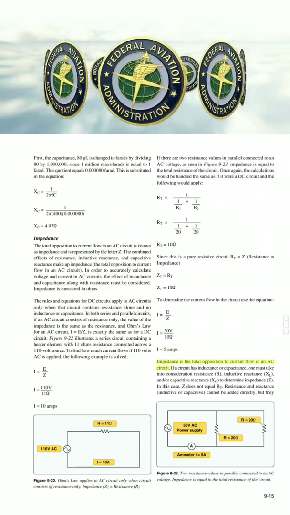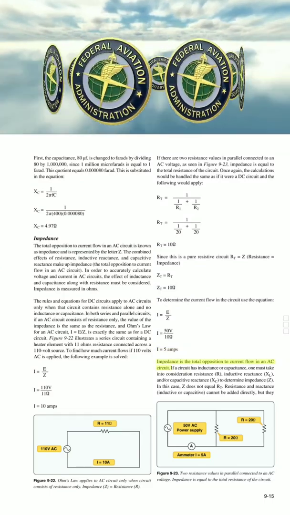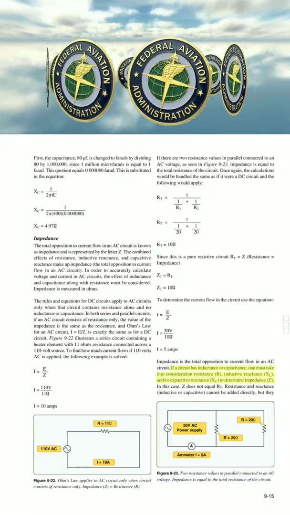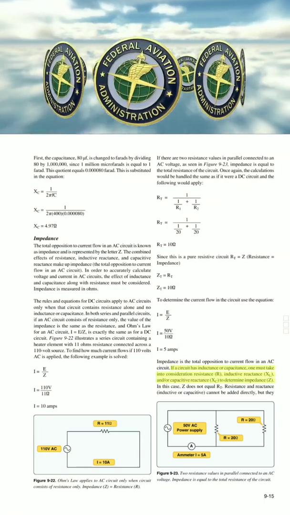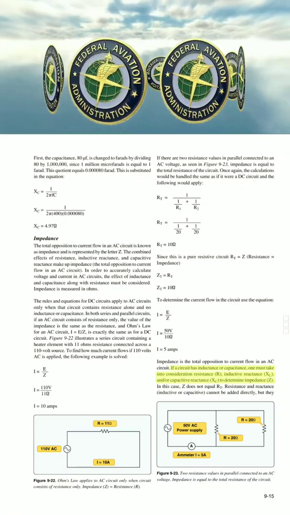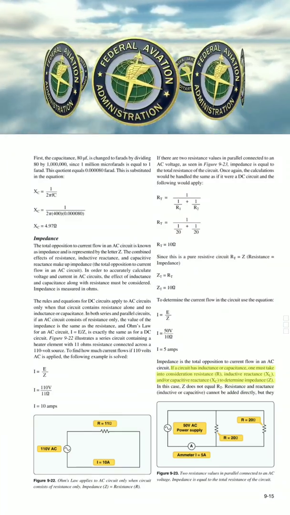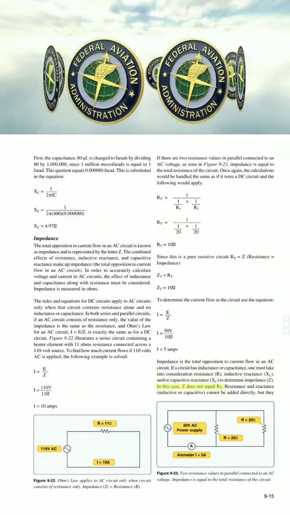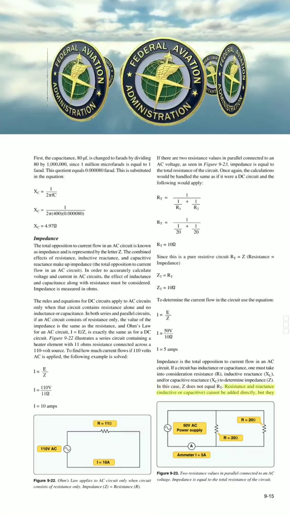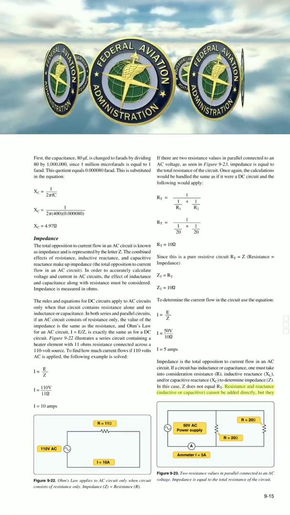Impedance is the total opposition to current flow in an AC circuit. If a circuit has inductance or capacitance, one must take into consideration resistance, R, inductive reactance, XL, and/or capacitive reactance, XC, to determine impedance, Z. In this case, Z does not equal RT. Resistance and reactance, inductive or capacitive, cannot be added directly, but they